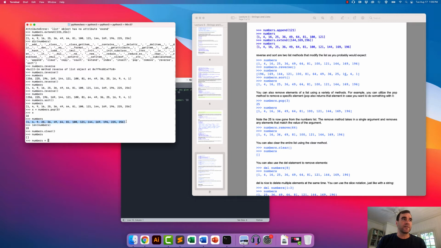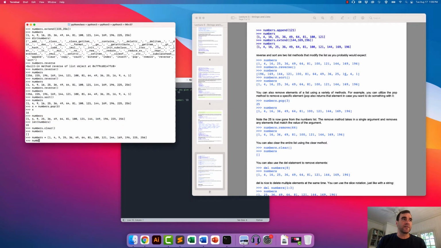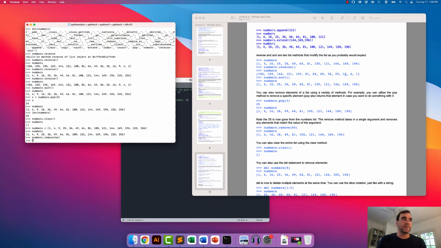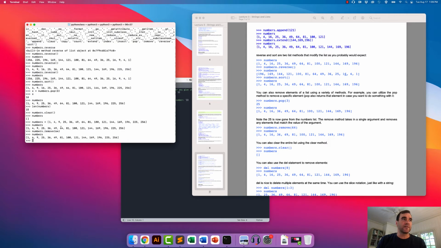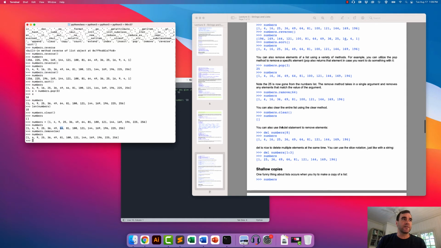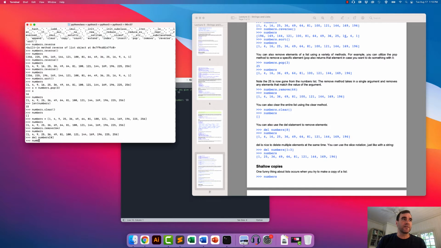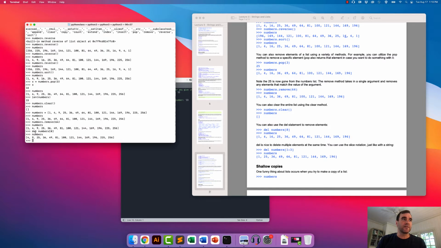Let's reassign it. Numbers.remove. So in this case, you give it a value, and now you notice that the 64 has been removed from the list. So remove is a way to remove things with a specific value. You could also, for example, delete, use this right here. I don't really recommend doing this, but this is another way to modify a list, by using this